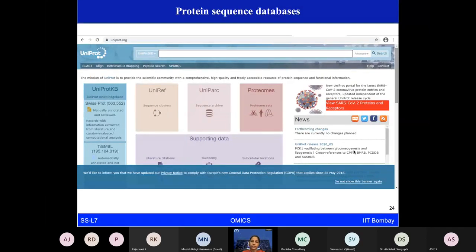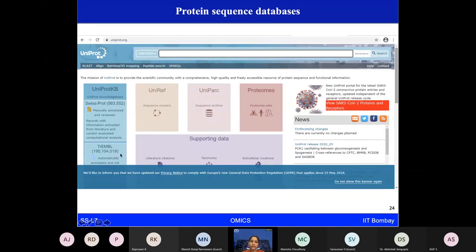What I showed you, the NCBI database, is a database which has information about the gene sequences, the nucleotide sequences, and also the protein sequences, the translated protein sequences from the nucleotide sequences. However, we have some exclusive protein sequence databases such as UniProtKB, wherein we have SwissProt, which has all the manually annotated protein sequences, and also the translated EMBL, TrEMBL. That also we can look for information.